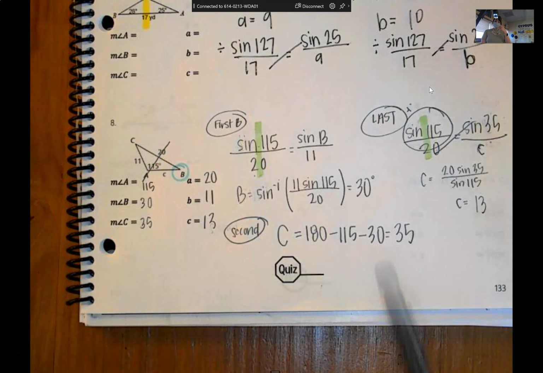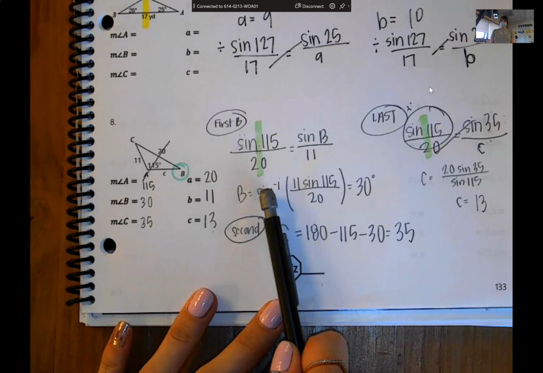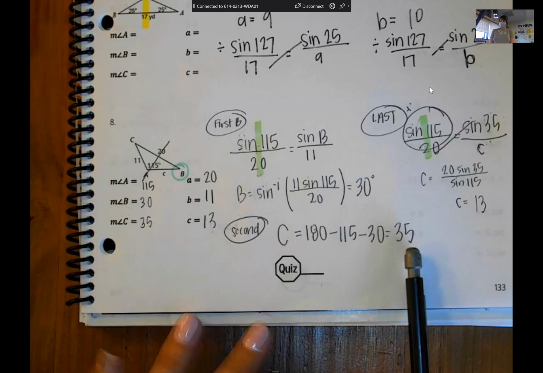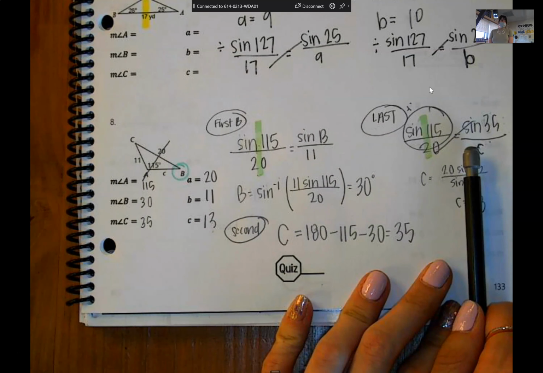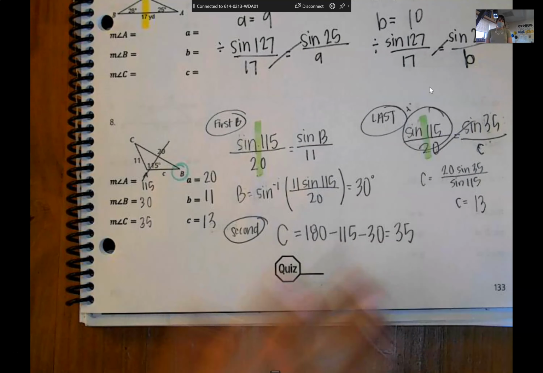So on this very last one, you're going to use the new thing from today to find the angle, then triangle sum, then the thing from last time. We're good? Yeah? Okay, so for you